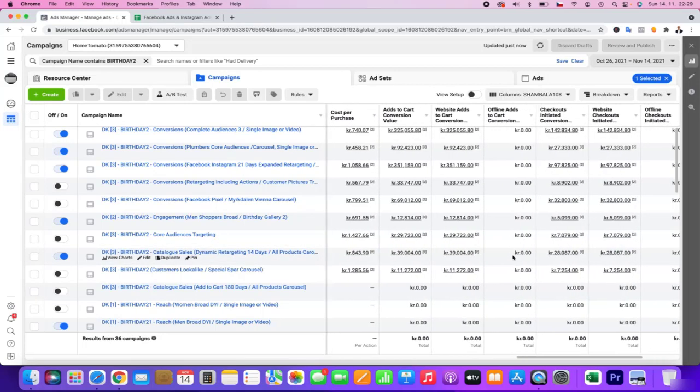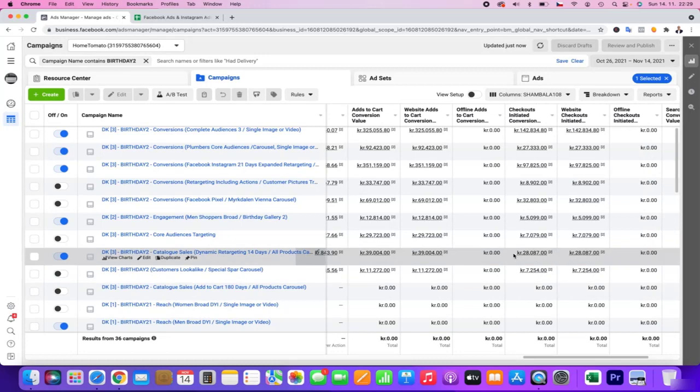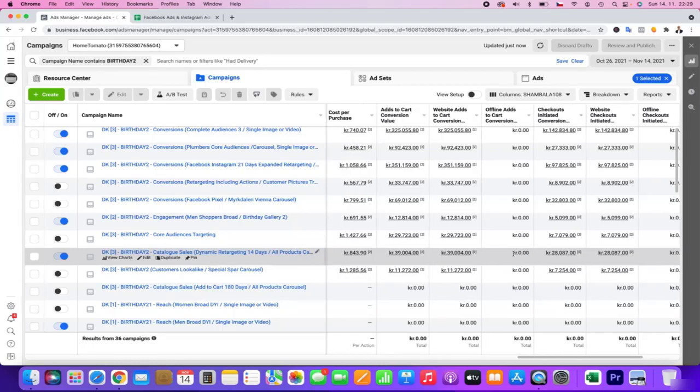Probably some of the people who add to cart also finish these sales, because there are many started checkouts and many add to cart actions. So basically it's still good to keep the retargeting at 14 days. I was not really able to decide about this core audience I created.